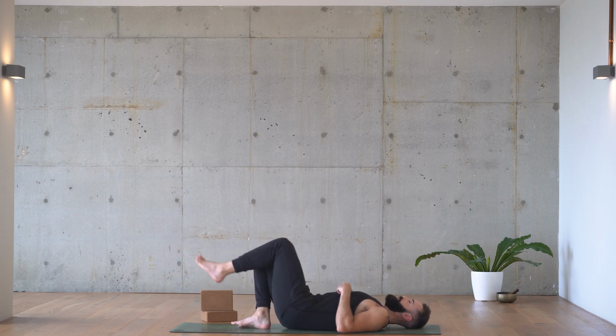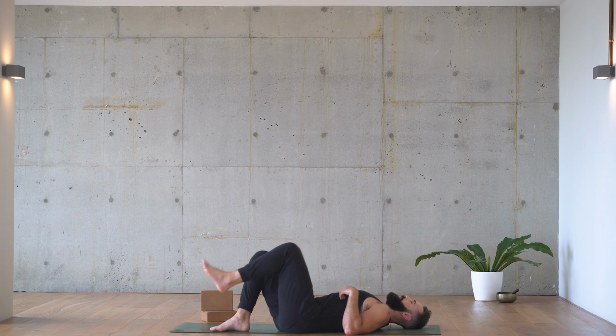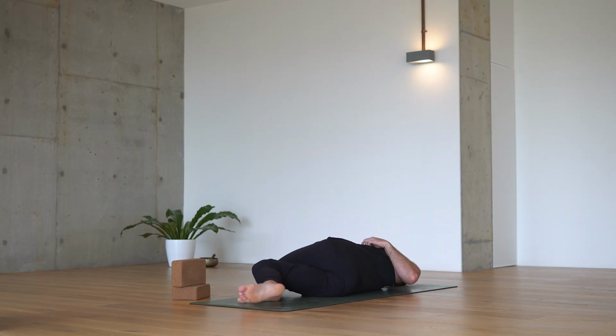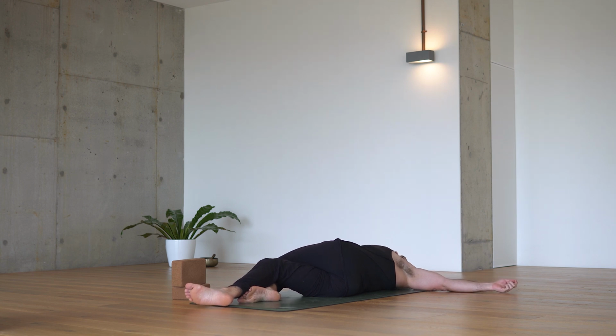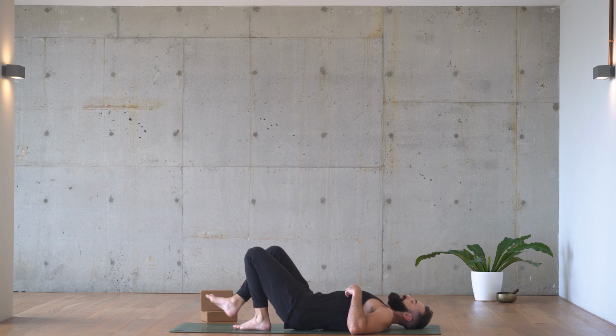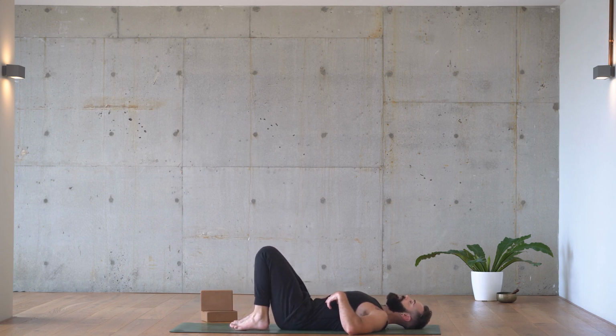Start to shuffle hips over towards the left-hand side this time, crossing left thigh all the way over the right, allowing knees to fall to the right-hand side of your mat. Again, use those exhales. Feel the softening. Mindfully unravel your legs as you set your hips back towards center. And just bend up the knees again, let the feet set underneath the knees,